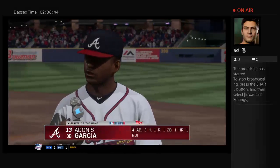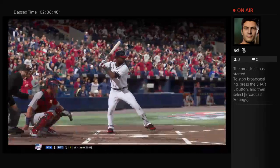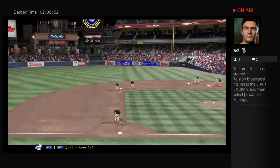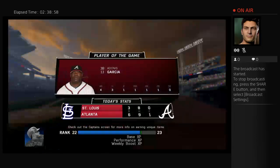And as we wrap things up here, what do you say we name this guy right here as the recipient of our Topps Player of the Game award? Yeah, no question he was a tough out up there. You see the 3 hits, including a home run. Without him in the lineup, I think this might have been a different...